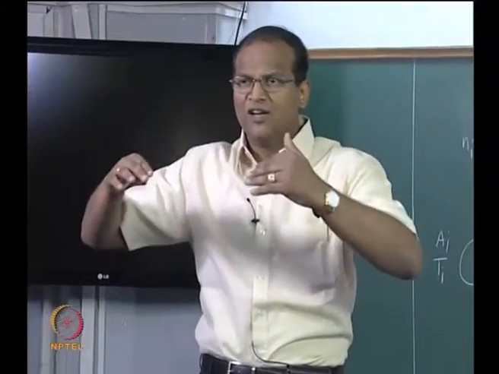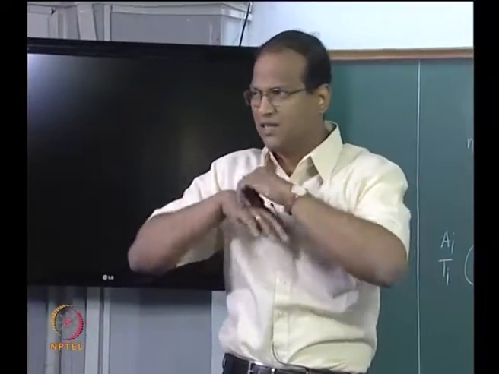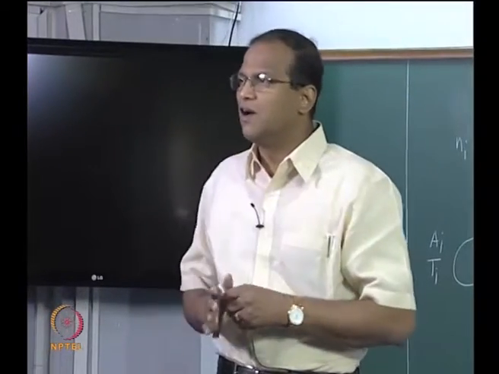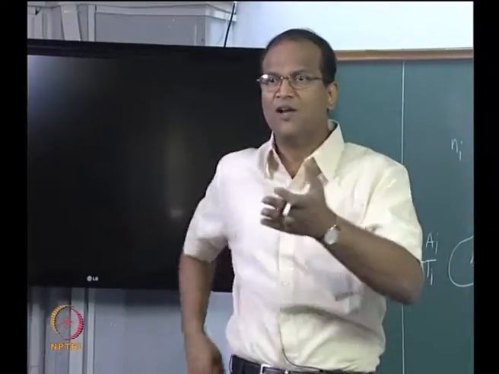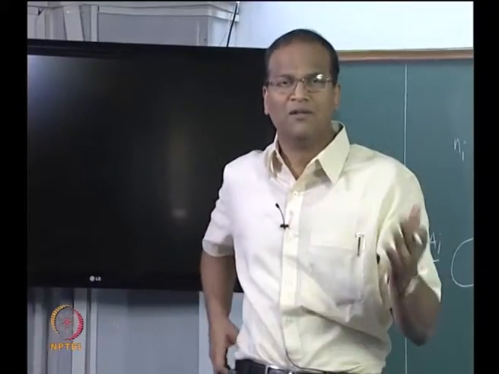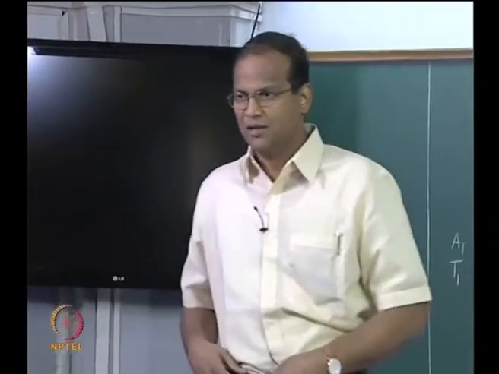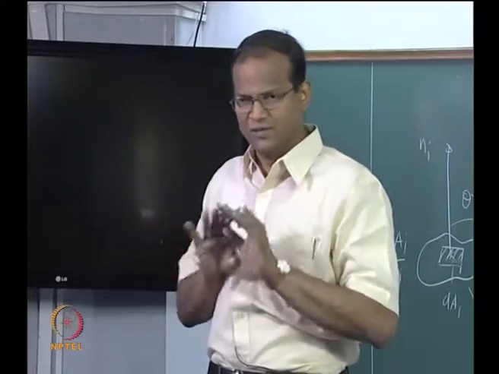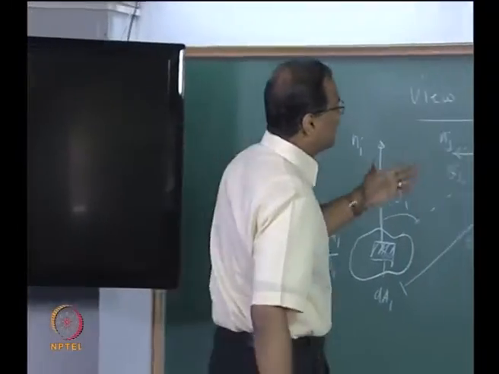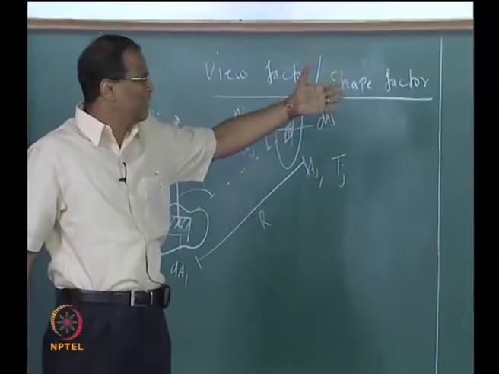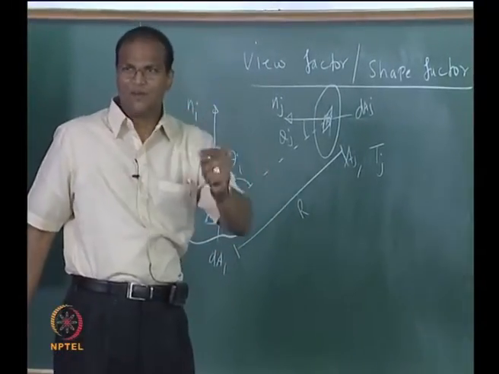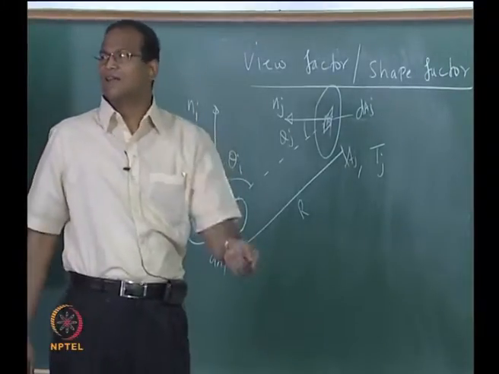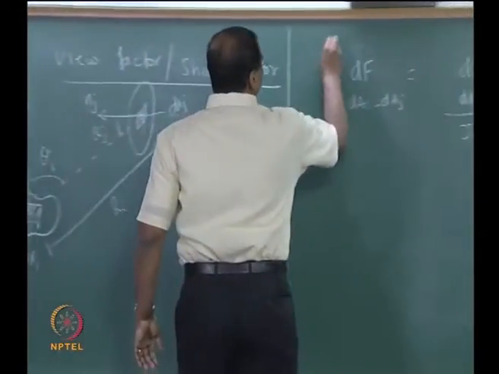But one good thing is, if your geometry is fixed, before you start your heat transfer problem, your view factor calculation is done. But your CFD solver is not like that. Every time the velocity will get updated, it is a non-linear problem. Here it is like your mesh. If people are using Fluent, in Gambit you do it once and for all, unless your geometry is changing. So if the geometry is fixed, you can determine the view factors once and for all. Now we are not interested in this view factor between infinitesimal areas. Now we want to look at view factor between first one infinitesimal to finite area, then between two finite areas.